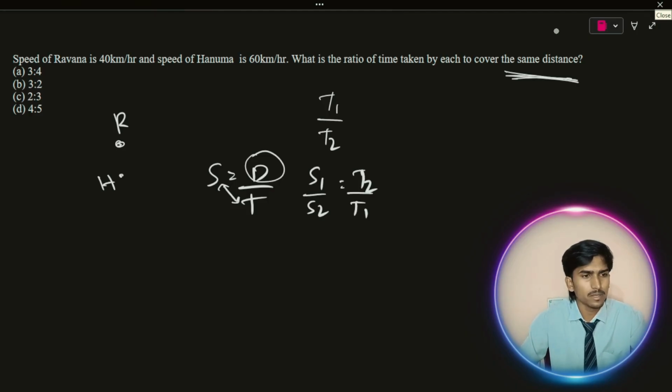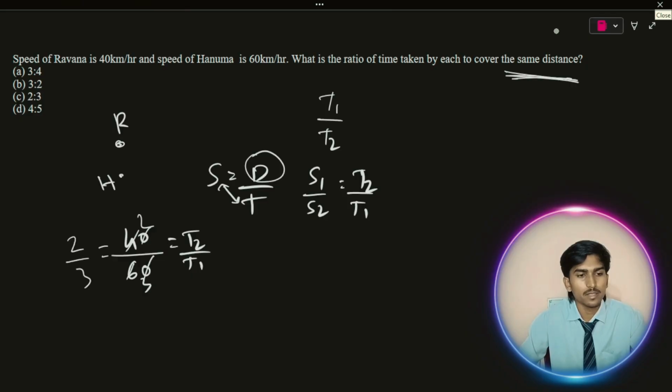What is speed 1? 40 kilometers per hour, and speed 2 of Hanuma is 60, equal to t2 by t1. 20 twos are 40, 20 threes are 60. What is the answer? 2 by 3. Is that the correct answer? No, this is the wrong answer, because see,